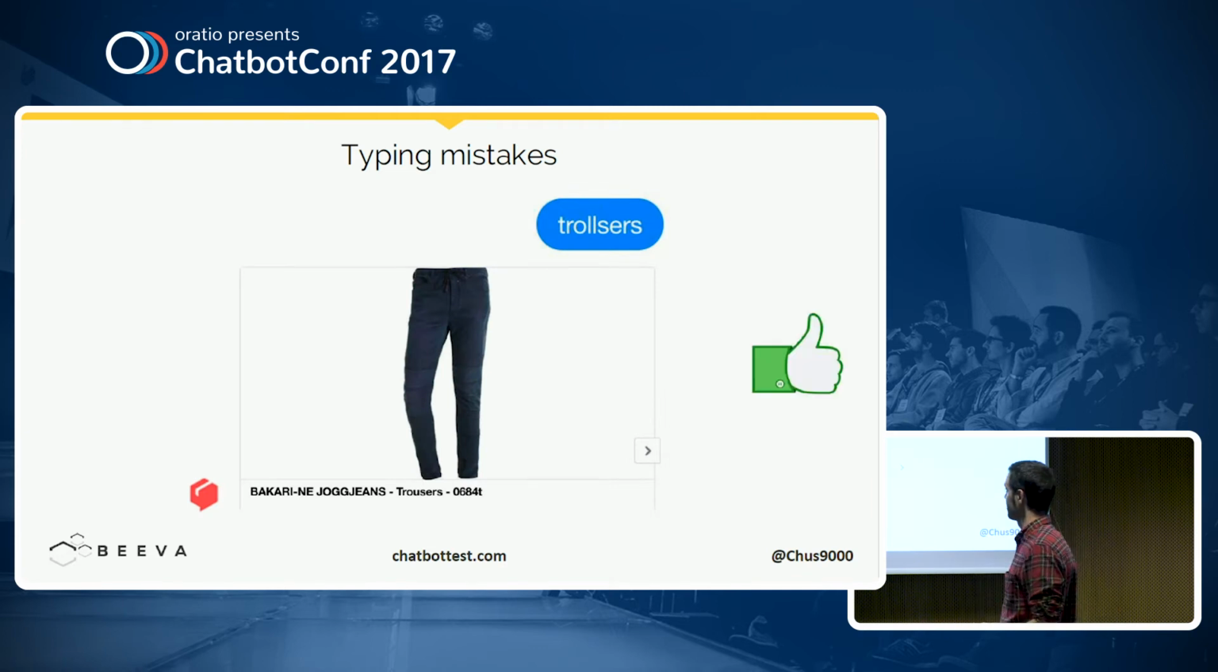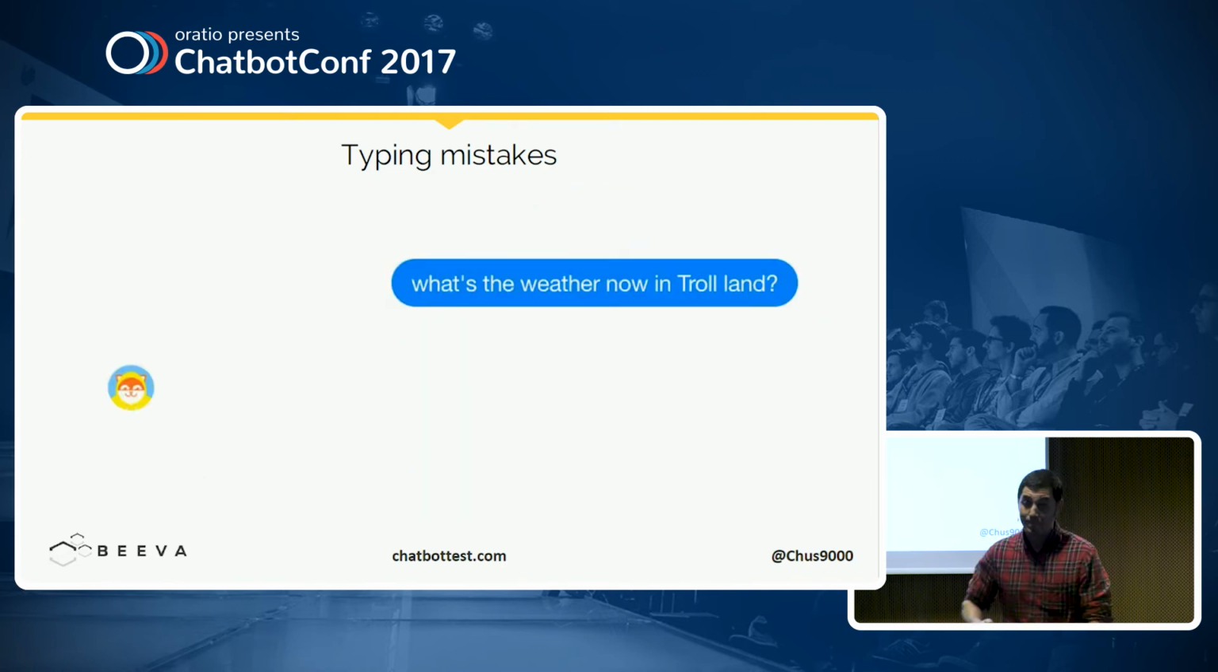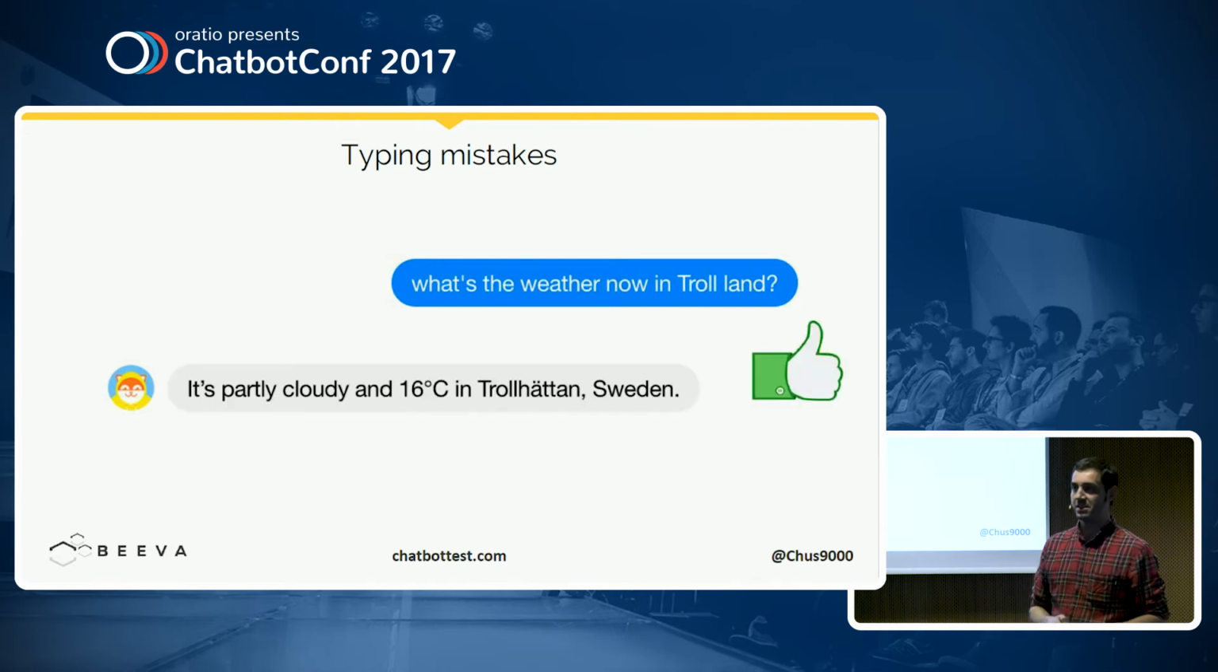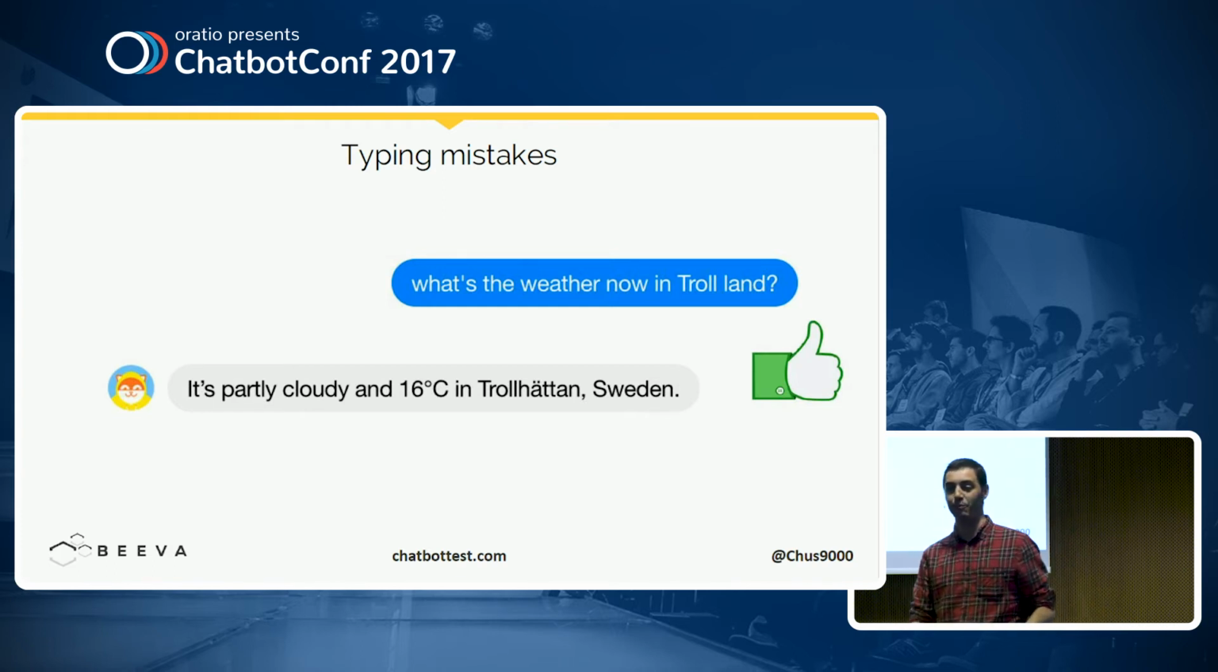So great for chatbot shopper. The best one here is Poncho, we all love, okay, because I told him, what's the weather now in Trollland? And what Poncho says is, it's partly cloudy in Trollhättan. It's great. If you want to find a really weird city in the world, try Poncho, because he's always able